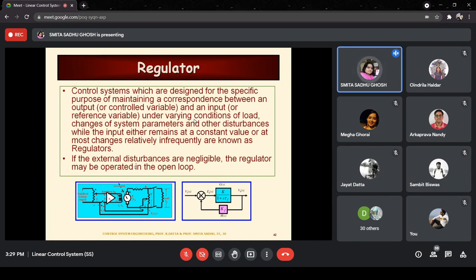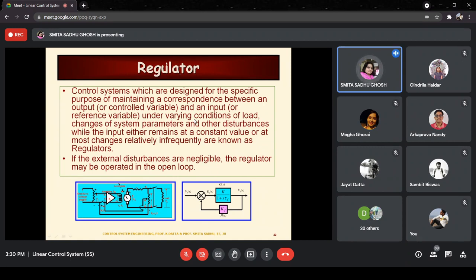I'll actually not go to the regulator in today's class. I'll just do this. Okay, let me do this portion and then go to the analysis. So now we are actually going to look at a specific type of control system, which is known as a regulator. Now you would have studied regulators in your second year in some subject or the other.